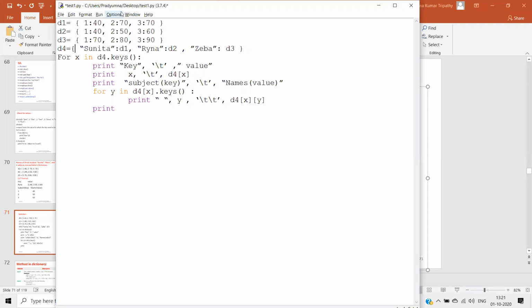So what I have done is first mapped this into another dictionary. Then X in D4 dot keys. I'll print this X and